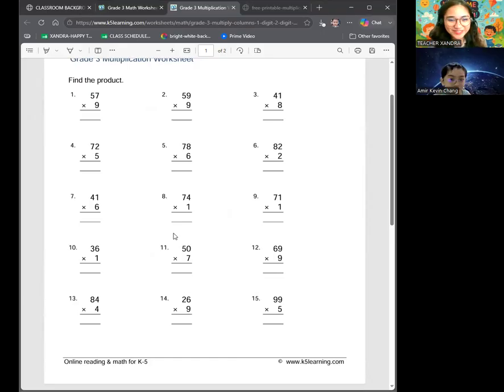So you're going to combine the results to get the final answers, and also we need to check answers, making sure our work is correct and also neat. So this lesson, Amir, will help you become more confident with bigger multiplication problems, and it's a great step toward mastering more advanced math.